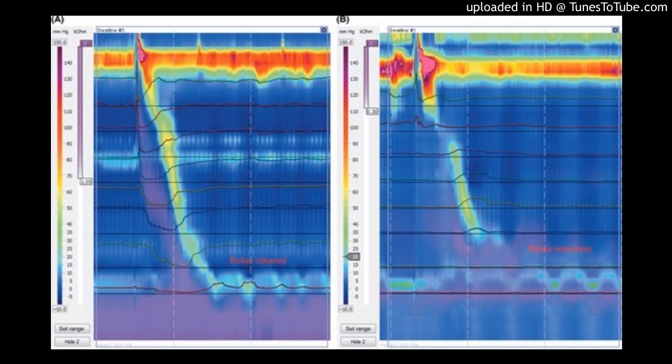Bolus clearance was impaired in swallows with distal contractile integral, DCI, less than 100 mmHg·cm·s compared to DCI greater than 450, 0.43 versus 0.79, p less than 0.0001. A cutoff at DCI 100 mmHg·cm·s was associated with clearance with an accuracy of 76% compared to 49% at DCI 450, p equals